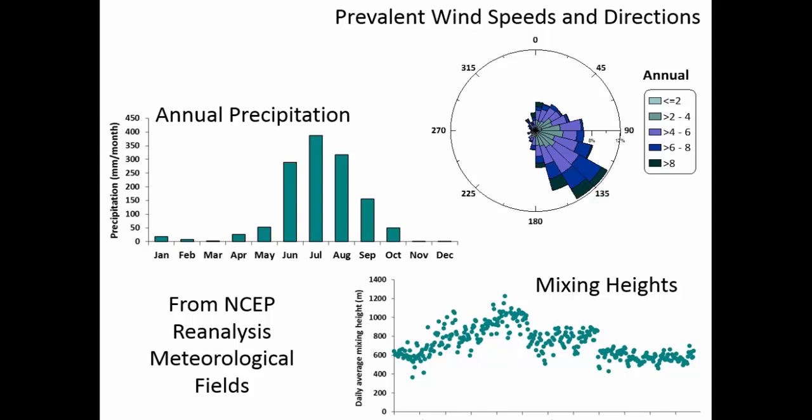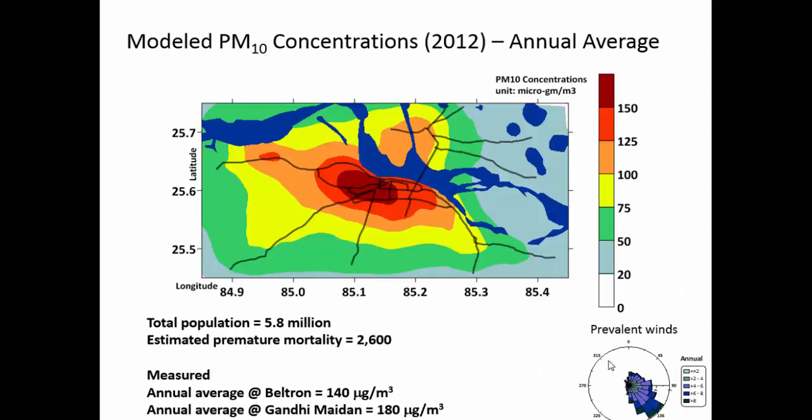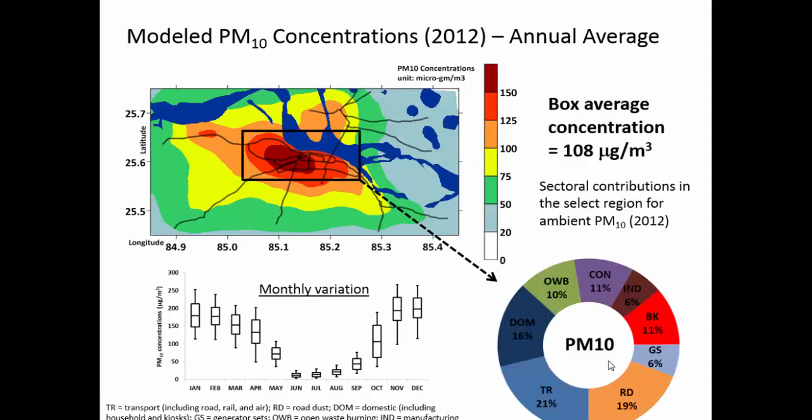Meteorological data is extracted from the NCEP reanalysis fields. This is a global database. So we have the annual precipitation patterns, wind speeds at the ground level, and also the mixing heights. Combining the emissions and meteorological data, we have the dispersion patterns. We have done some calibration of the modeled concentrations at 2 of the stations which are within the city region, and also looked at the seasonal pattern of these